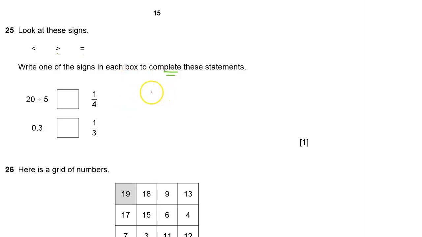20 divided by 5 gives us 4. 4 times 5 is 20. All right. But we know that, therefore, 20 divided by 5 gives us 4. But 1/4 is equal to 0.25. So this is greater than